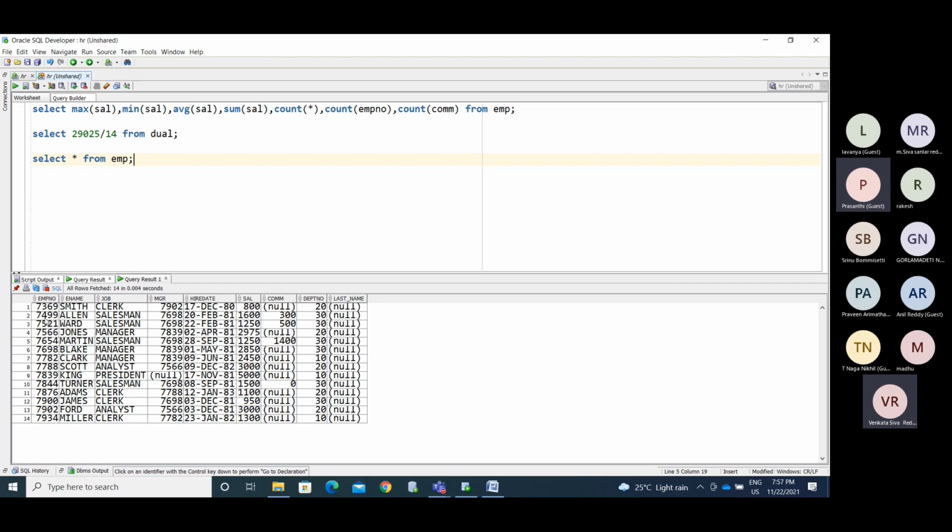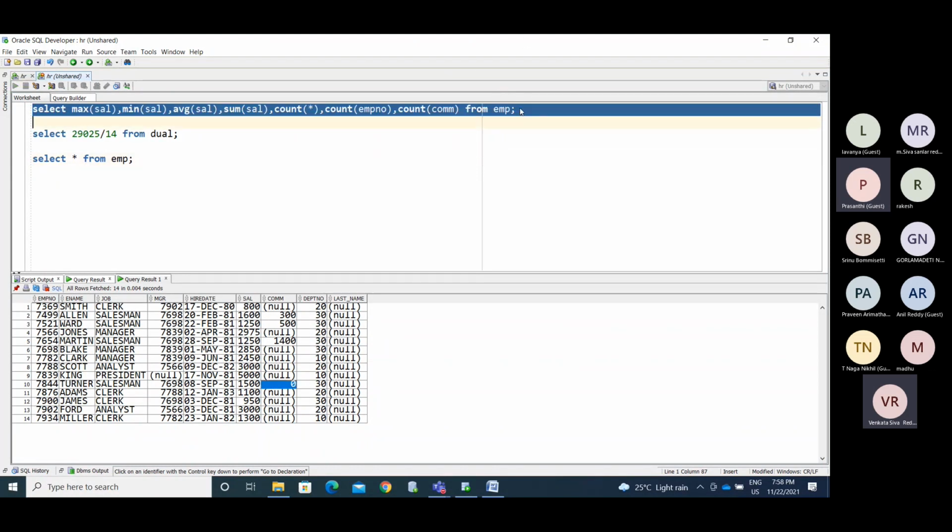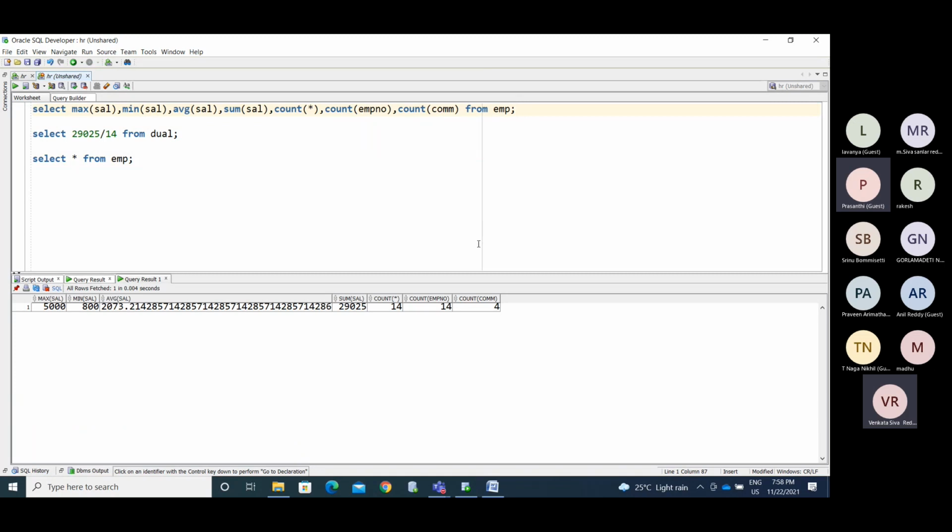It counts the number of values in this particular column. Now we use another one, count of commission. It counts the number of values. 300 is a value, 500, 1400, 0 is also a value. Other than this, these are all null values. So it is not at all counting the null values in count of column name.